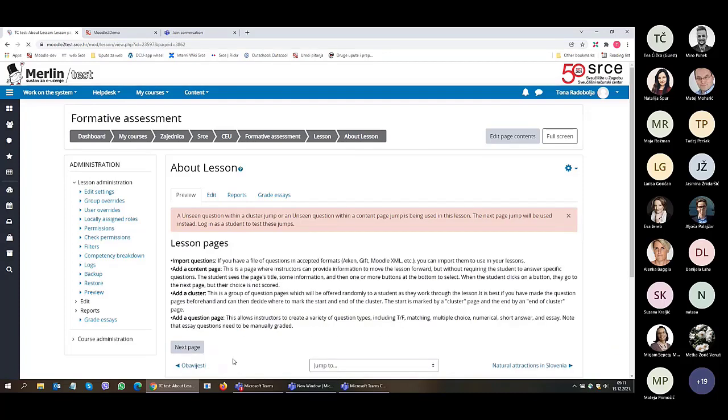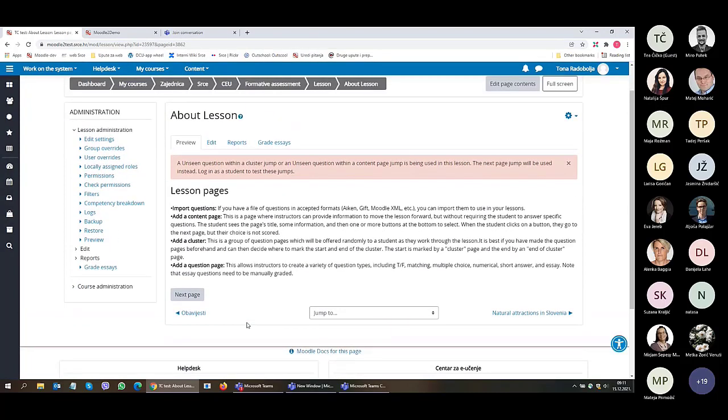reasons listed here. What kind of pages can you make? So you usually will use a content page. This is what the content page looks like with text only. Of course, you can make some more interactive pages, like giving them a video, giving them a picture, giving them an audio file, etc. Of course, you can make even